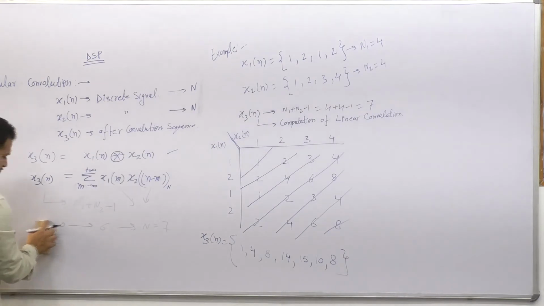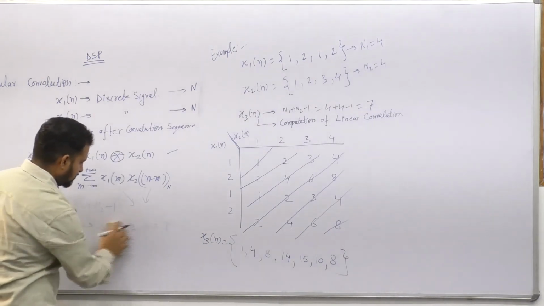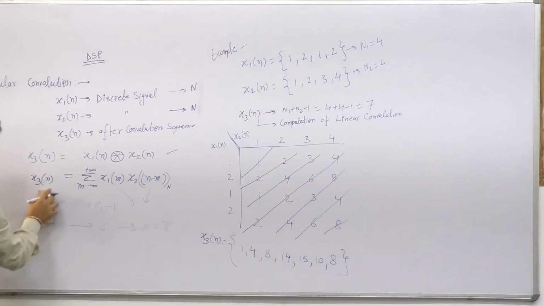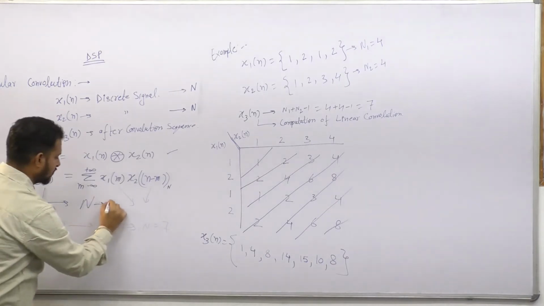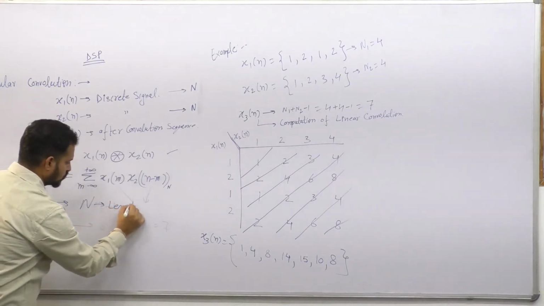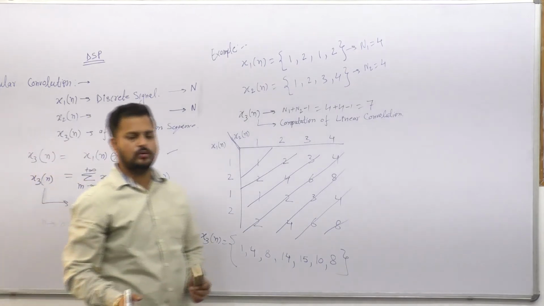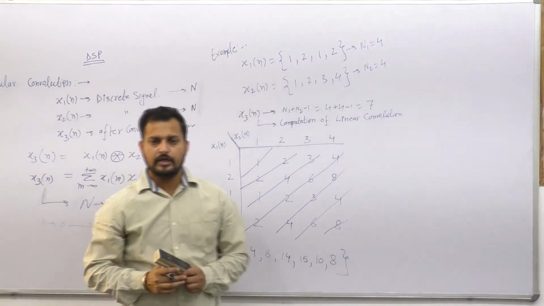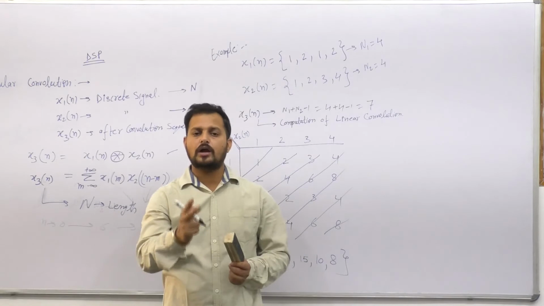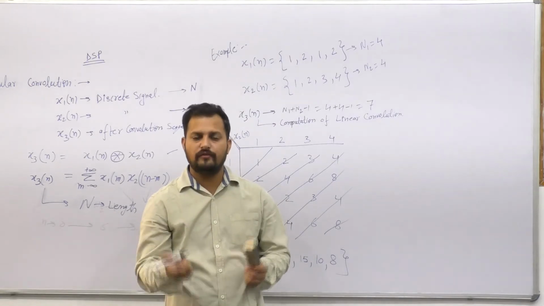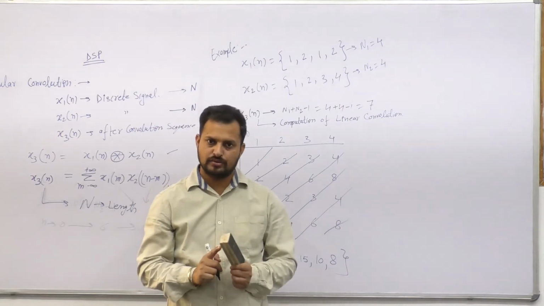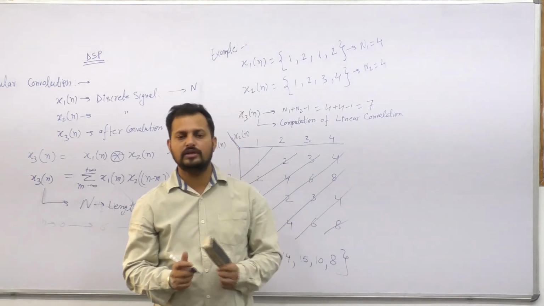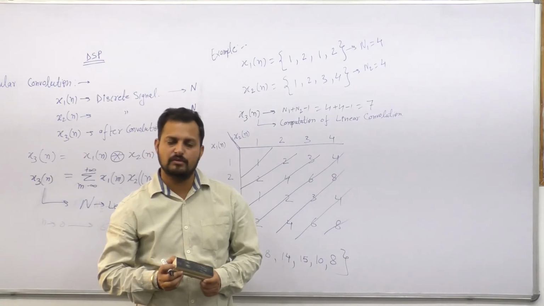At the final sequence, there is no point of such values in here. So this is going to be only length n. N length of sequence will be at the output. So initially when we are saying n1 n2, it is only n. That means if two sequences are not equal in length, we will make them equal in length by appending zeros, right? And we'll make it to the length of whichever is the maximum among the two.